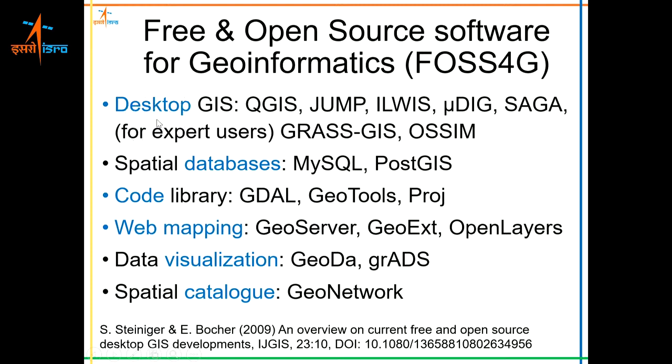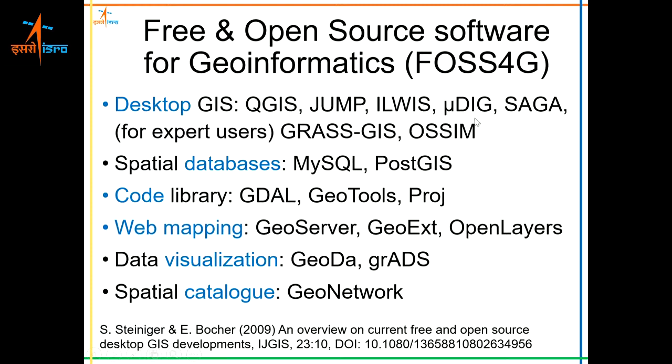If you are a desktop user, that means all your data, all your analysis is happening on your laptop or on your computer system, then you will probably be using QGIS, which we will be showing today. JUMP, which is Java Unified Mapping Platform, is also a GIS software. Ilwis is very popular for people who've been using GIS for a longer period, let's say 20 years or so. You would have probably heard of Ilwis. It was very popular. Initially, it was a paid software made by ITC, but about 10 years back or so, they open sourced it. Now, an organization called 52 North looks after it and keeps it under active development.